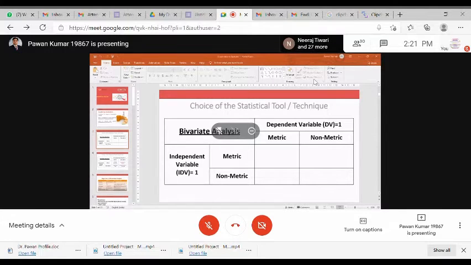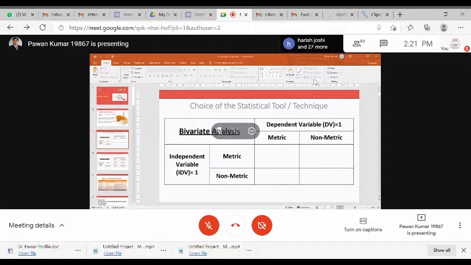And moreover, I have just told you, if the independent variable is non-metric and the dependent variable is metric, for example, gender and smartphone purchase, or the preference of car, smartphone, whatever, that is our metric data.